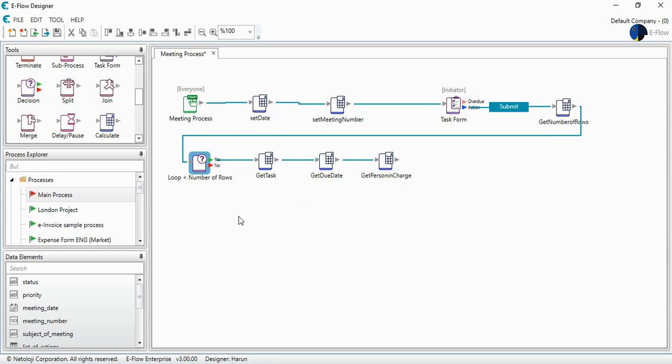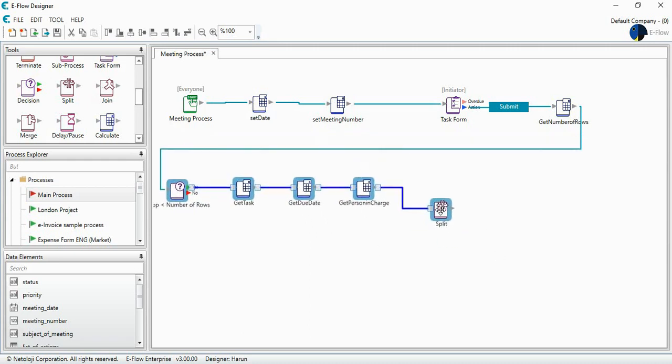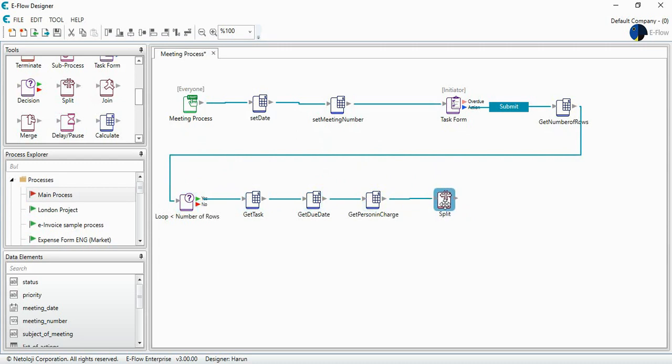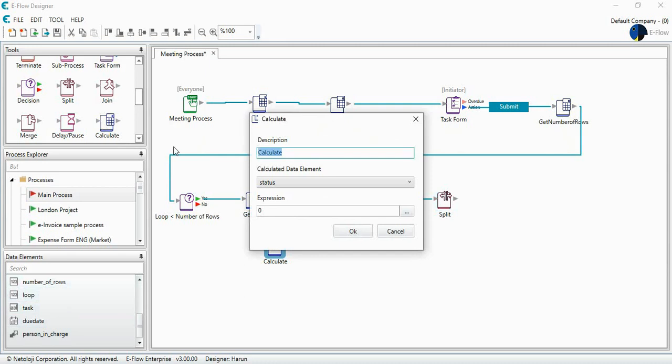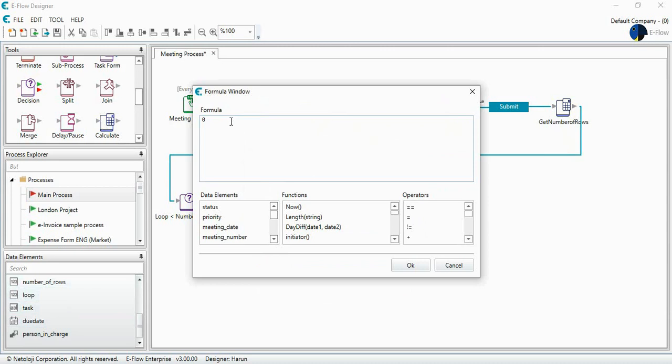After this step, I will use the split tool in order to split this process, and let's get all these a little bit down. When I split this process, I now may use my loop tool. So in order to calculate the loop tool, it has to be dynamic. So let's set loop as loop plus,